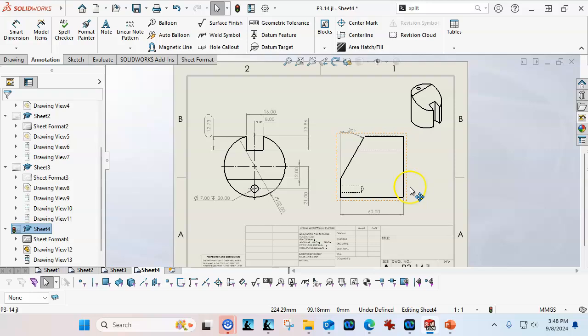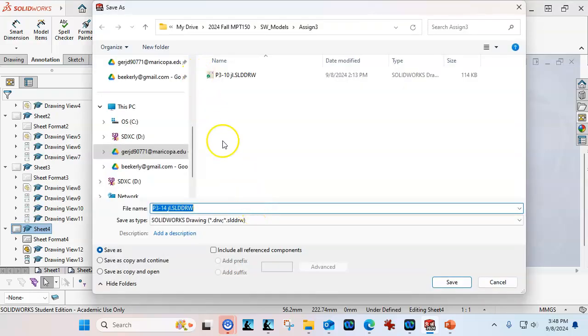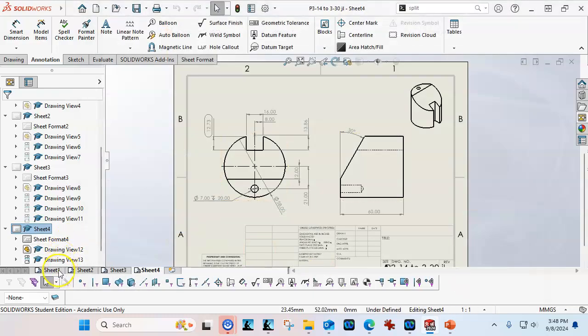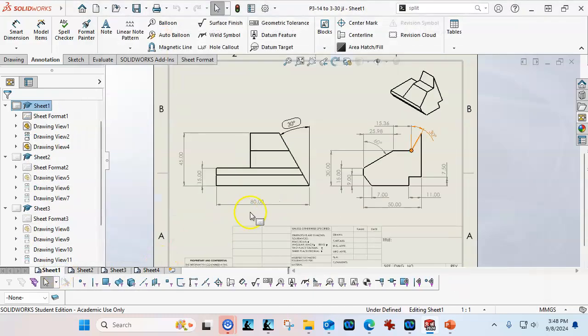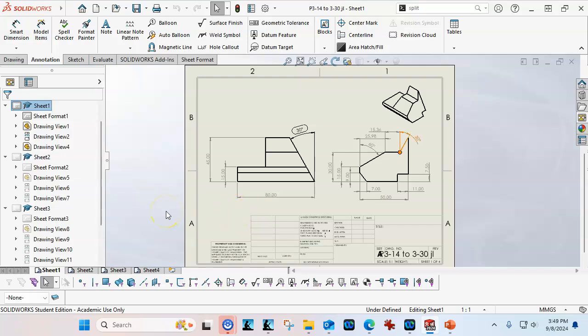And again, there's probably some things missing. Let's go ahead and save this. This can pick up the drawing 314 to 3-30. And we'll save it. All right, so going back through the drawing template or the drawing package, then the next pass would be to start looking at the